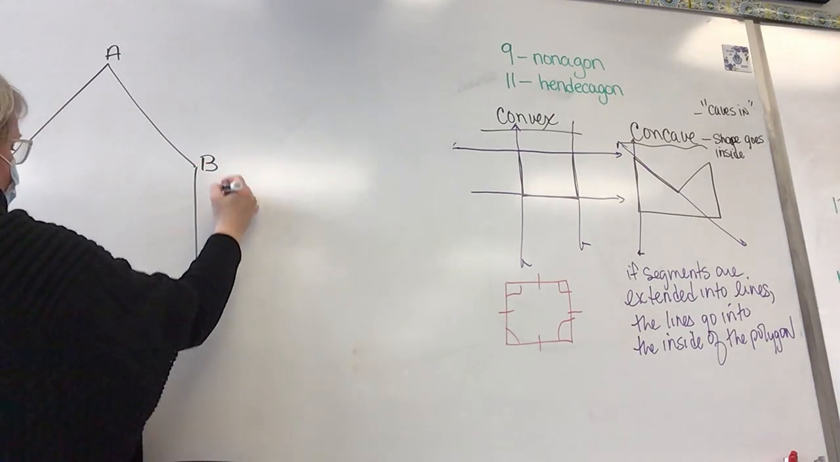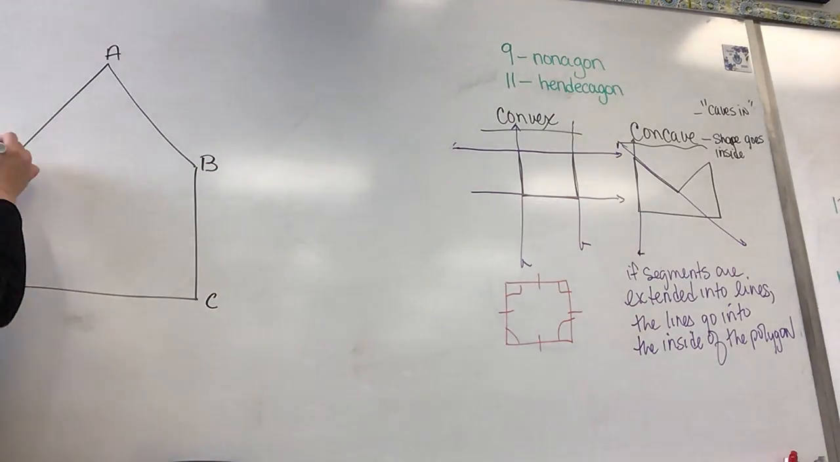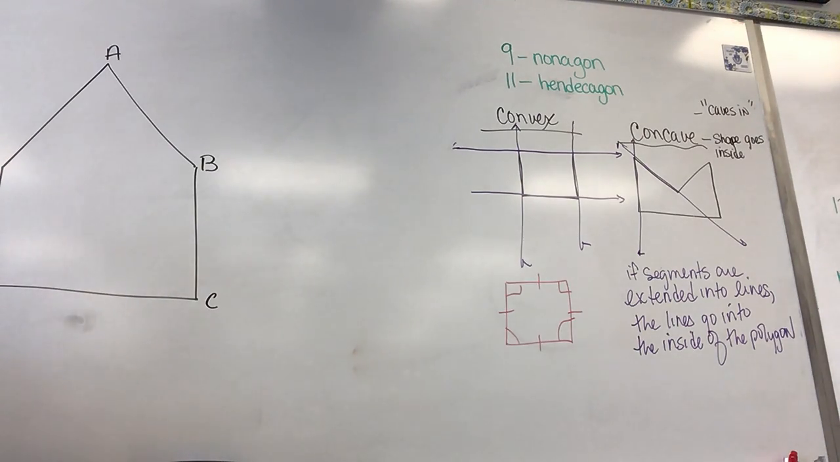I'm drawing him convex. I labeled them A, B, C, D, and E for the vertices. And the next vocab word they want to make sure you know is the word diagonal. And a diagonal